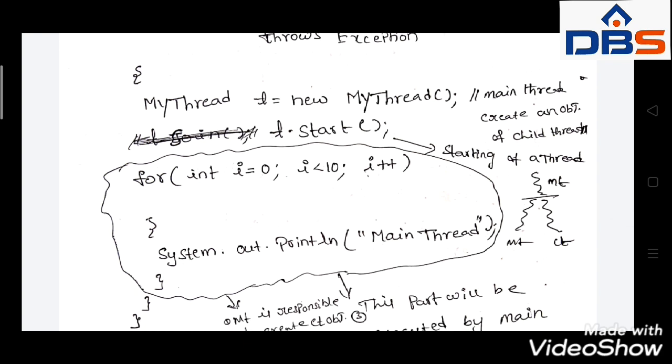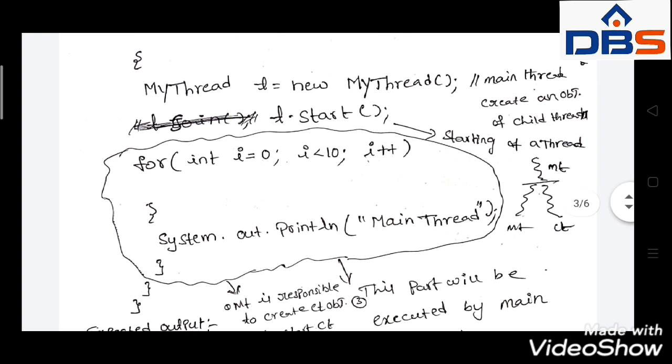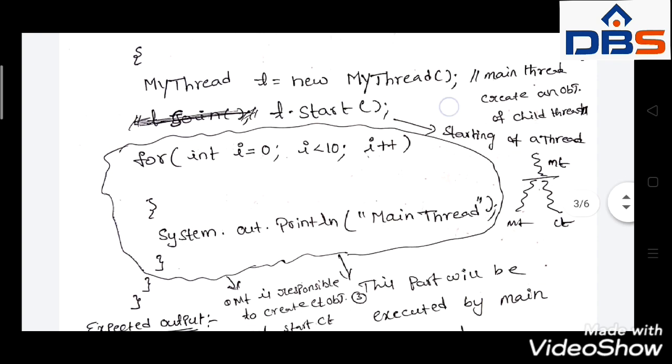How to create a thread object, a thread class object? What is the syntax? I told you in the second step. Just as we create a class object, we can create a thread object. Both are the same. MyThread t = new MyThread().